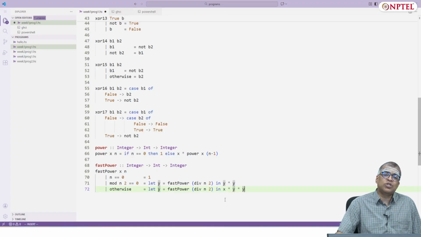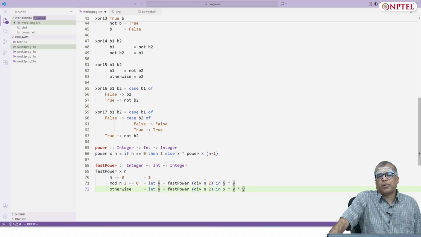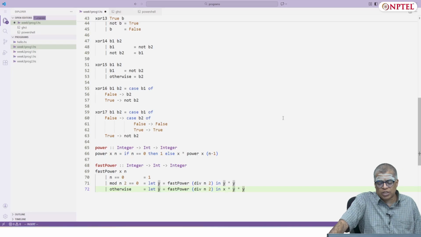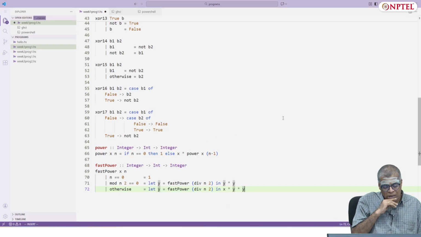If n is odd, then you do n div 2, you raise x to the power of that, and then you multiply it with itself, but there is one more factor of x remaining, so you multiply x with that.